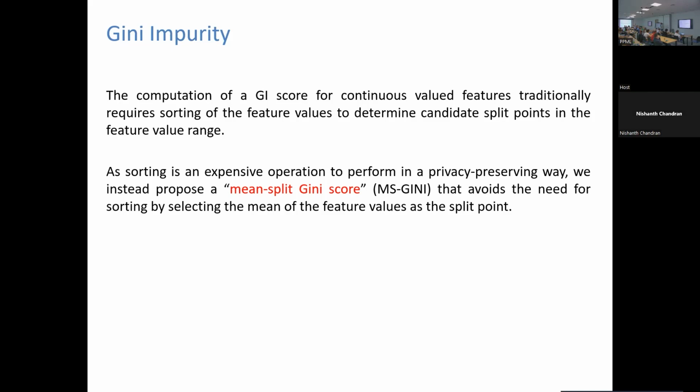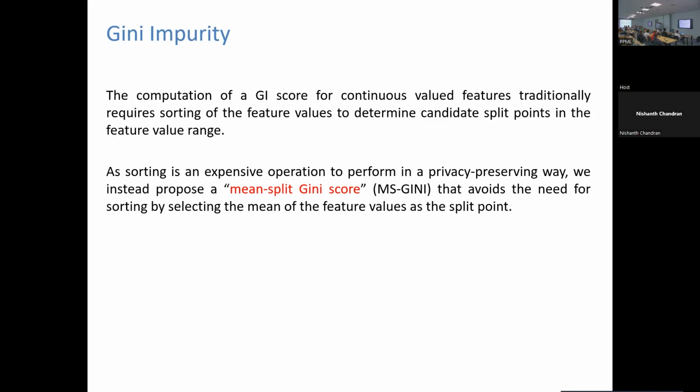Instead of doing this sorting and trying to find the optimal splitting point, we just decided, what about we just pick the mean value of the feature and use that point to do the splitting? Would that work well? It turns out that in practice, the accuracy that you get by doing feature selection with this mean split Gini score is essentially on par with the traditional Gini score, and you are saving a lot in terms of computation.